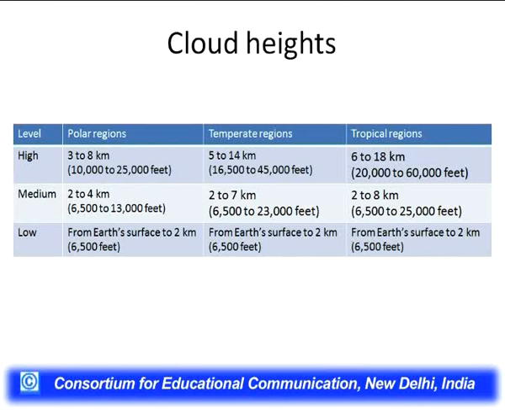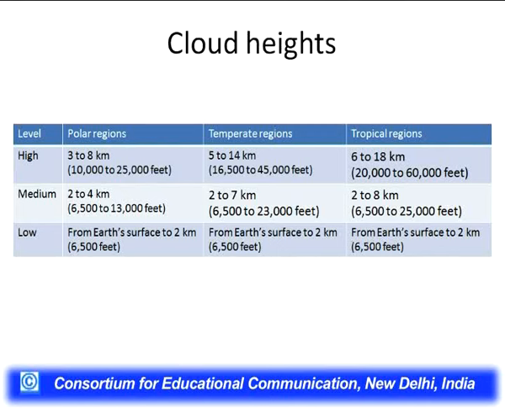While in the case of medium height clouds, in polar regions it varies between 2 to 4 kilometers, that is 6,500 to 13,000 feet. In the temperate region it varies from 2 to 7 kilometers or 6,500 to 23,000 feet, whilst in the tropical region it varies from 2 to 8 kilometers or